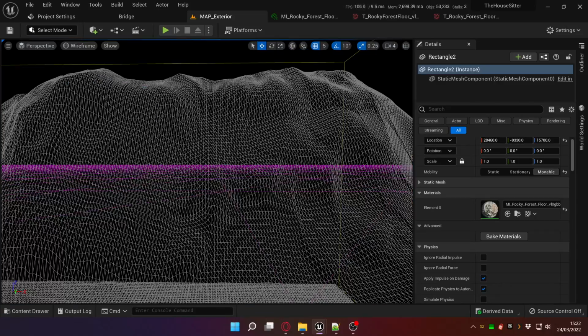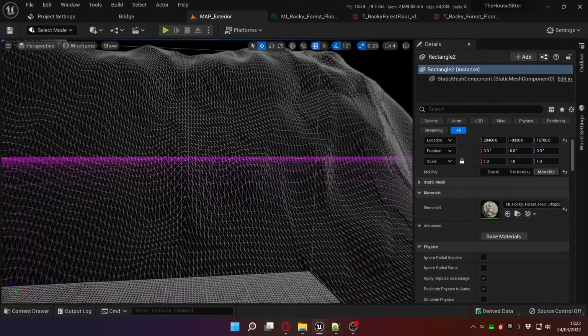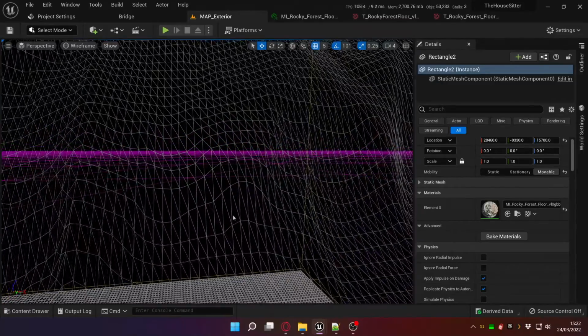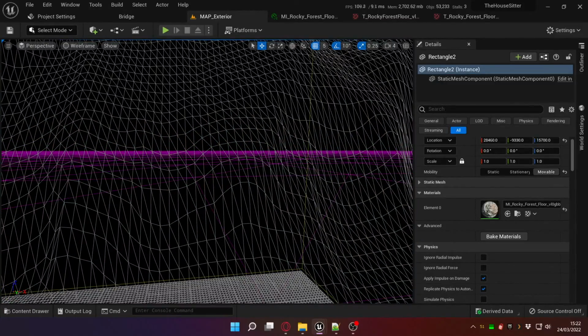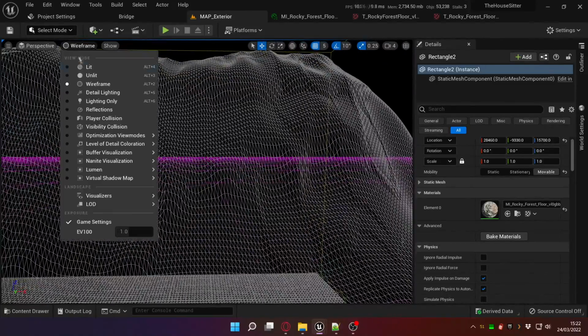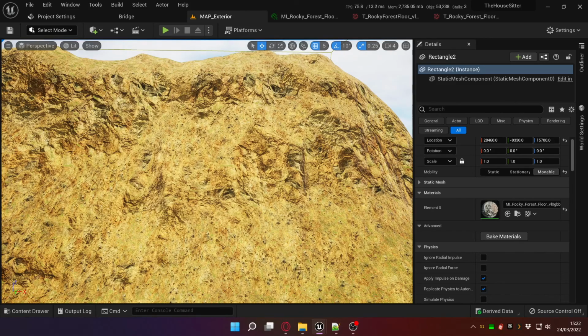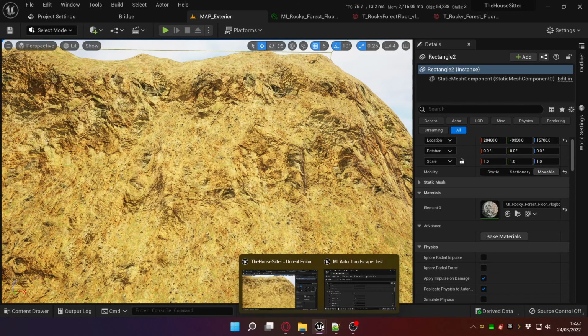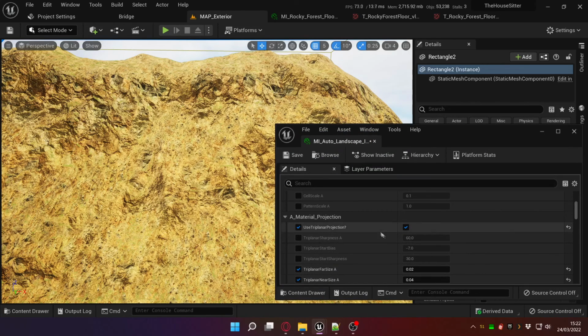When you stretch your landscape out to make mountains, you end up with these very stretched out vertices, as you can see here in wireframe mode. Let's just go back to normal lighting. And this is with triplanar projection switched on to compensate for that stretching. If I go ahead and open this up, if I switch triplanar projection off,